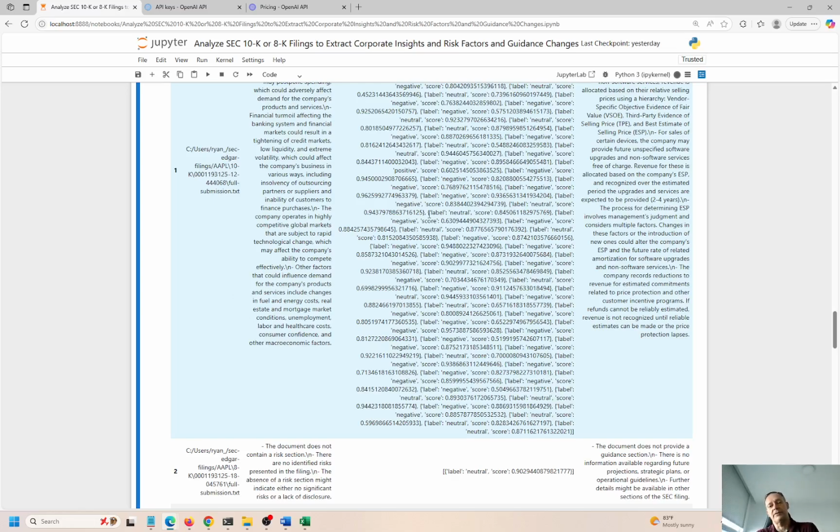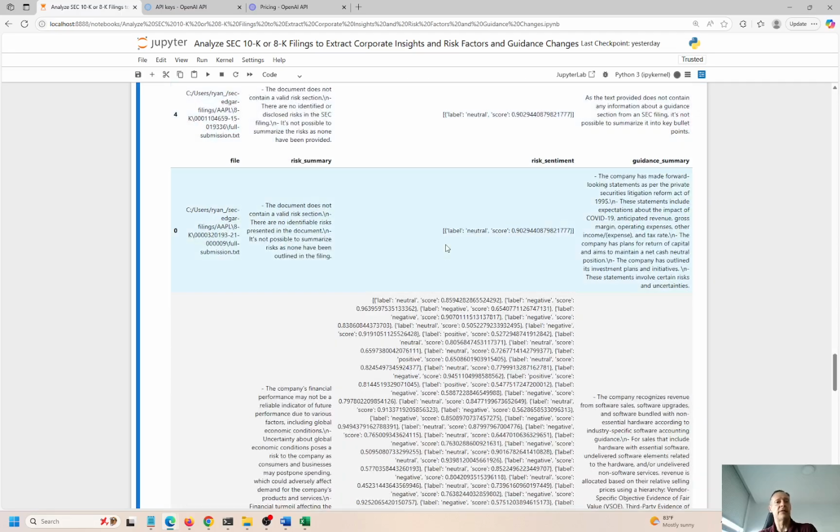Yeah, it was. Okay, so we picked this up twice, but that's fine. We know which one we need to focus on now, and it saves us a ton of time scanning through all these 10Ks and 8Ks to make intelligent, informed investment decisions, right? So that's how we can extract corporate insights, risk factors, and even guidance changes from these documents that are submitted with the SEC, either annually, that's a 10K, or if there's a major change in the corporation, that's an 8K. So now this kind of tool can scan through it quickly and easily,